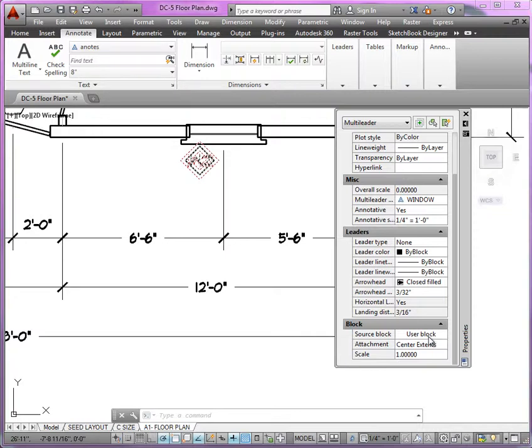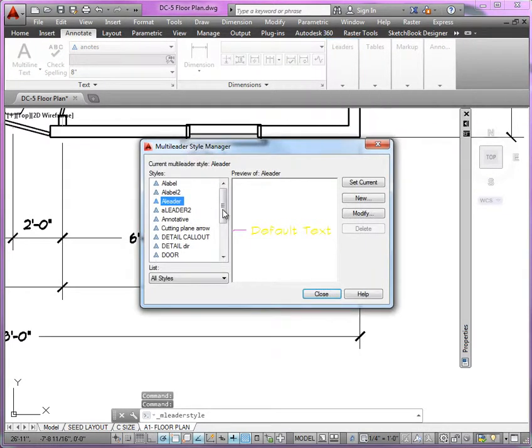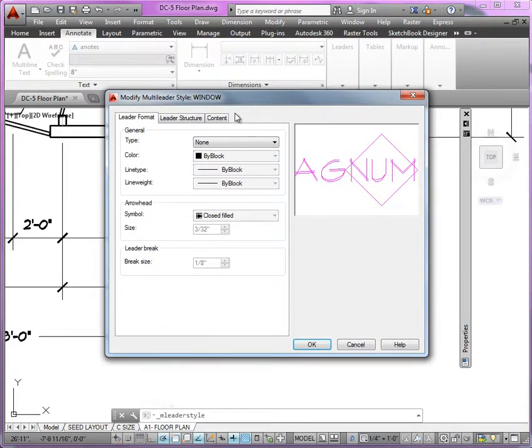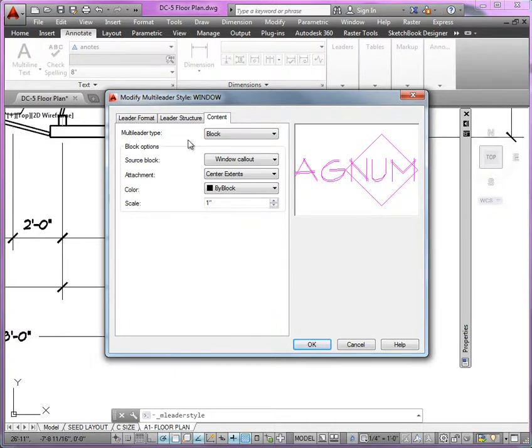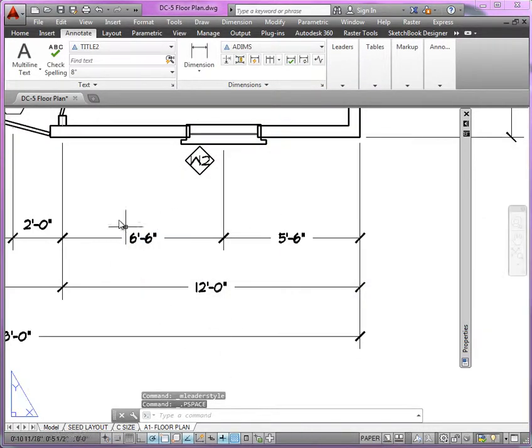You don't see the name here, but now that I know the multi-leader style, what I could do is go back to multi-leader, find the multi-leader style, modify, and then when you go here to content, you'll see here source block is called window callout. That's what I'll want to put into my schedule. So just double check that. Whatever marker you use, double check what is the source block used. So in this case, now if I exit, come back to the paper,